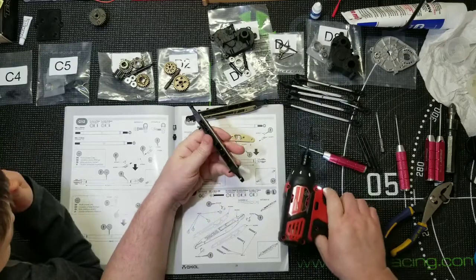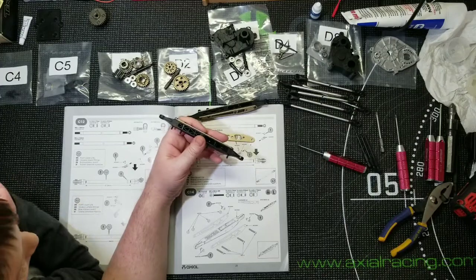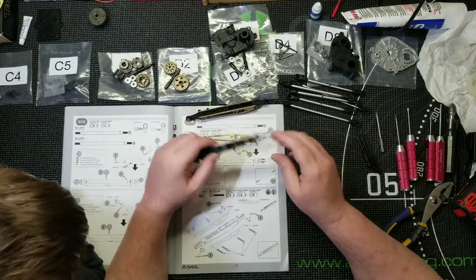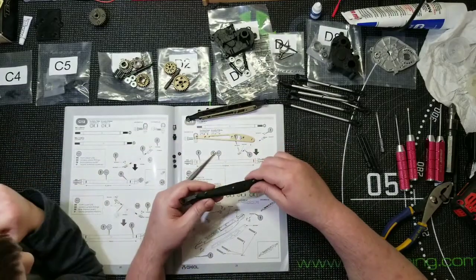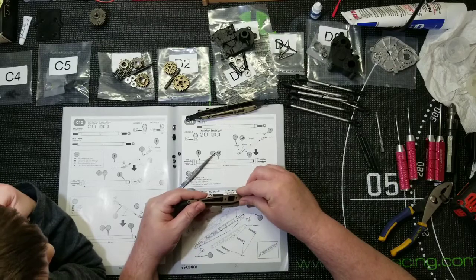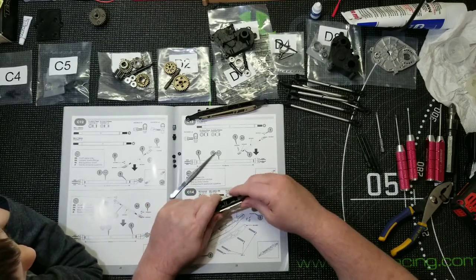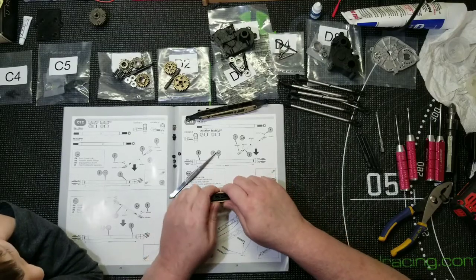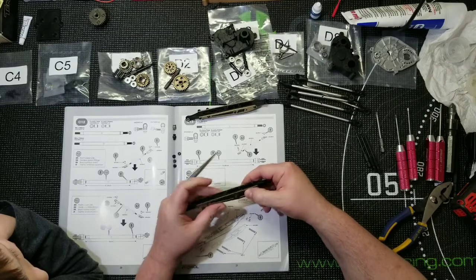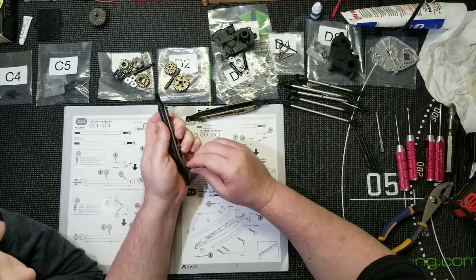There can't be anything going on there anyway unless it just snaps down over it, but I don't see what it could be or any reason for that to be there. I just don't know. We'll probably find out later that I'm missing something and have to take it back out. Something messed up with the instructions or something. Those holes are just a little bit off. Not enough to hurt anything, but...